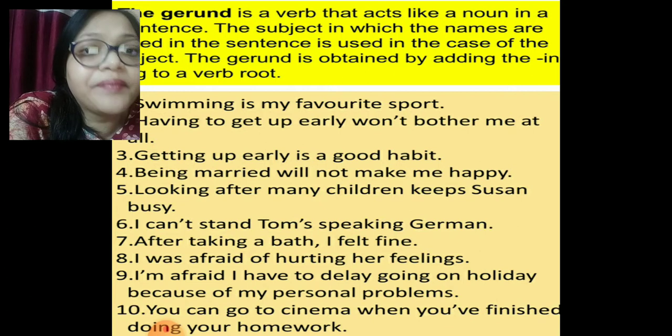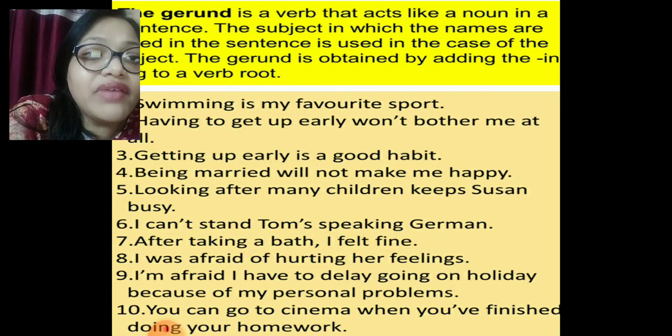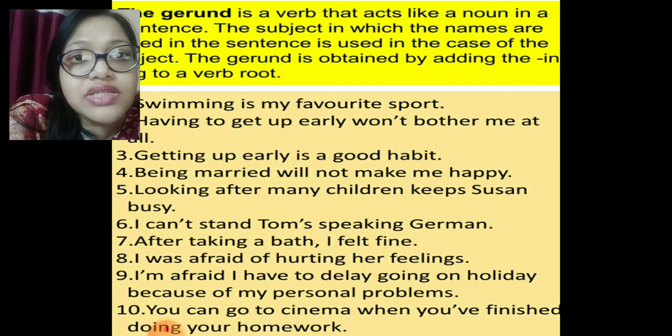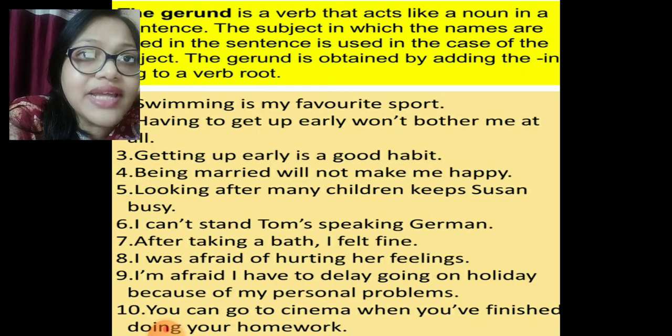So, going. You can go to the cinema when you have finished doing your homework. So, what is the gerund over here? Doing. Moving on to the next slide, we are going to learn about